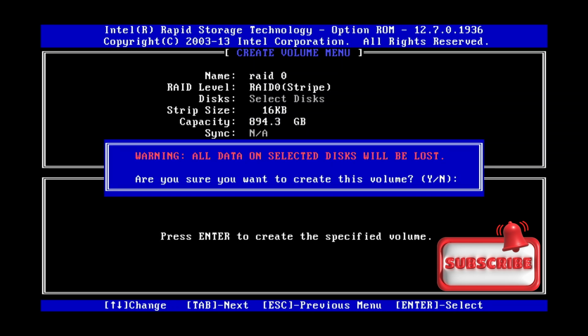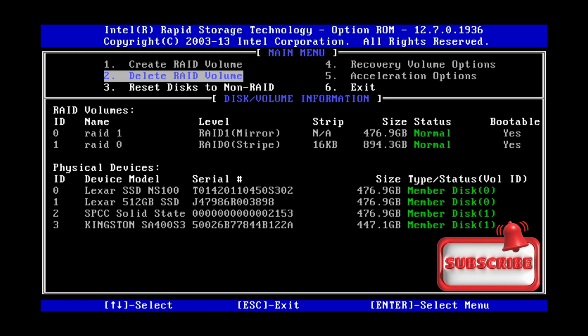Hit enter, create volume. All the data will be lost. Accept the warning message, say yes, and now you can see there are 2 arrays, RAID 1 and stripe RAID 0. Now we will reset this to non-RAID. We can only reset this to non-RAID from the RAID 1 array, because the RAID 0 array is stripe, and from stripe